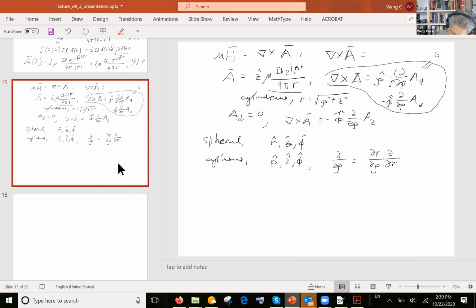Because this is only a function of r, and you know that r is the square root of rho squared plus z squared, you can plug that in and find d d rho quite easily. And then you will find that H only has the phi hat component. And if you go through the algebra, the vector algebra, assuming that you didn't make any mistakes,